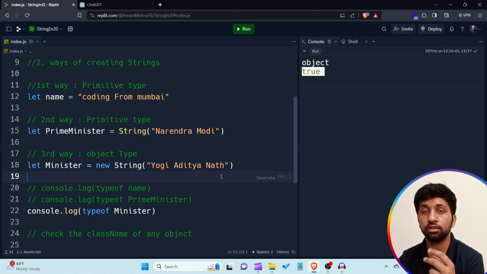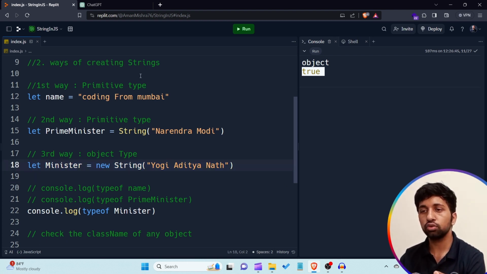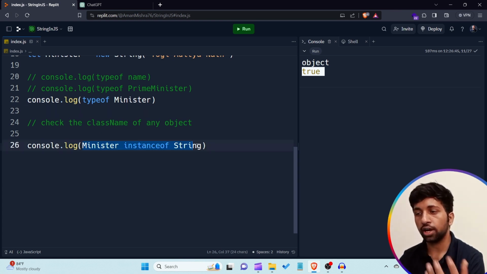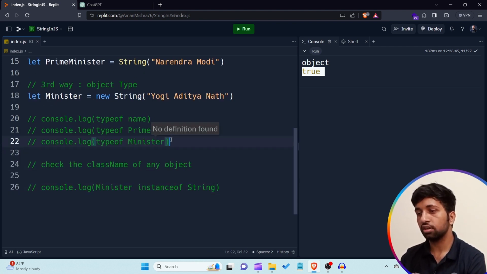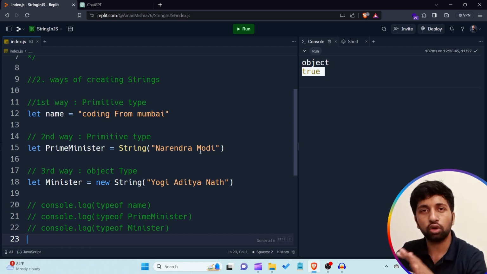Two ways of creating a string primitive, and one way of creating a string object. Understand? So there are three ways of creating a string in the JavaScript language. For checking what class this variable is an instance of, by using the instanceof keyword you are able to get that. Okay. Now I just want to comment out all these things. Now, what is the difference between the primitive type and the object type? In JavaScript there is not any change in terms of string, because in the background